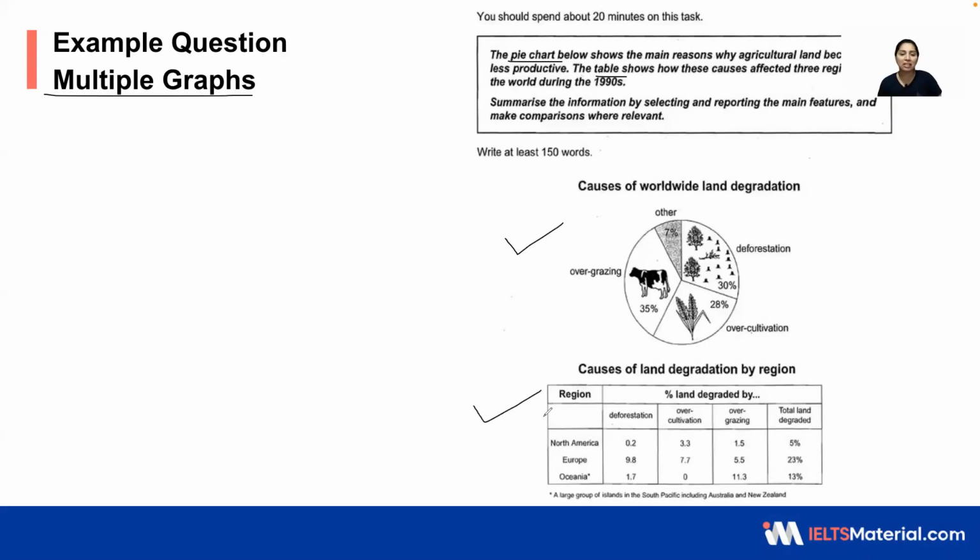Sometimes it happens that there are two different graphs given with two different categories and you just have to make sure that you describe the first graph in the third paragraph and the second graph in the last paragraph. But here you also have to make sure that you understand, is there any connection between the two graphs? If yes, then please show that connection by cohesive devices which connect the third and fourth paragraph with each other. And in this manner, your answer will be assessed. If there is a connection, show the connection. And if there is no connection, just explain the charts in two different paragraphs.